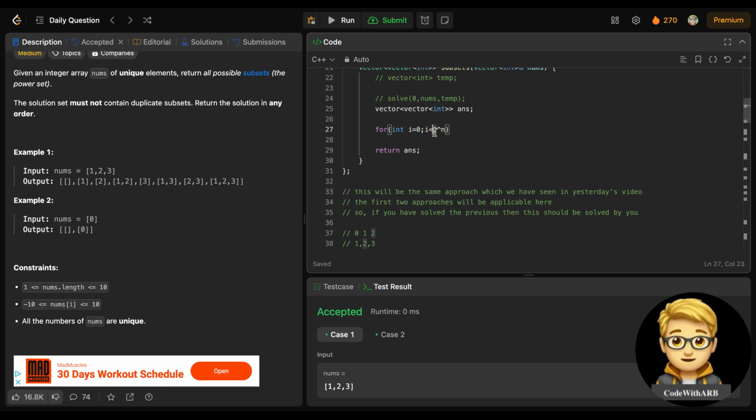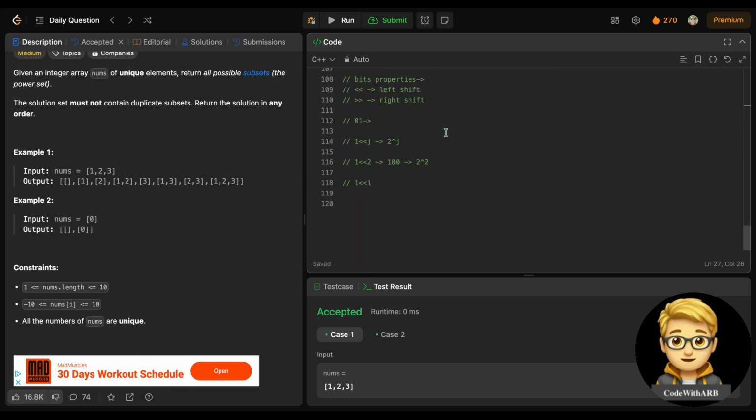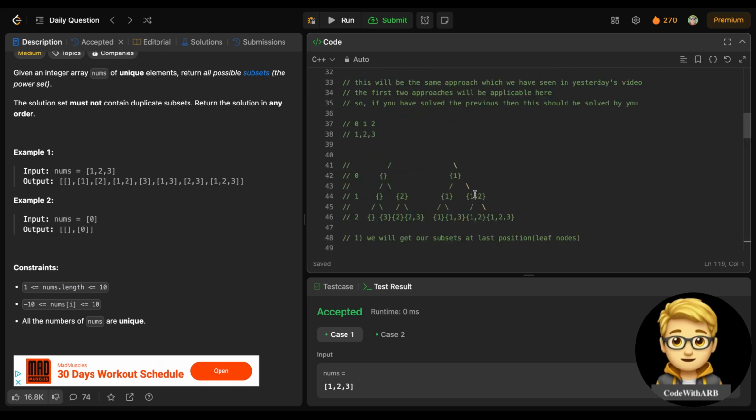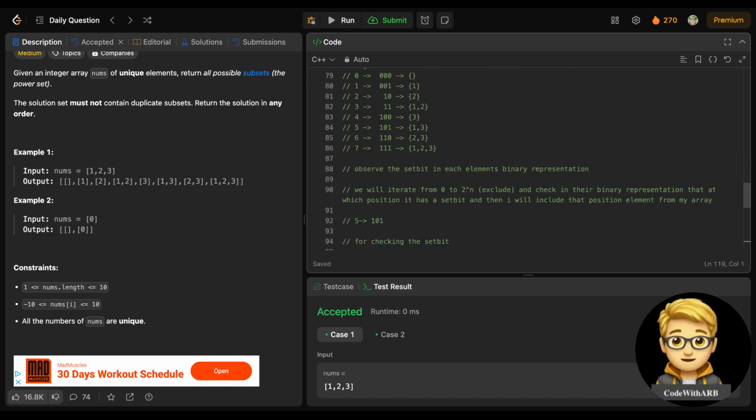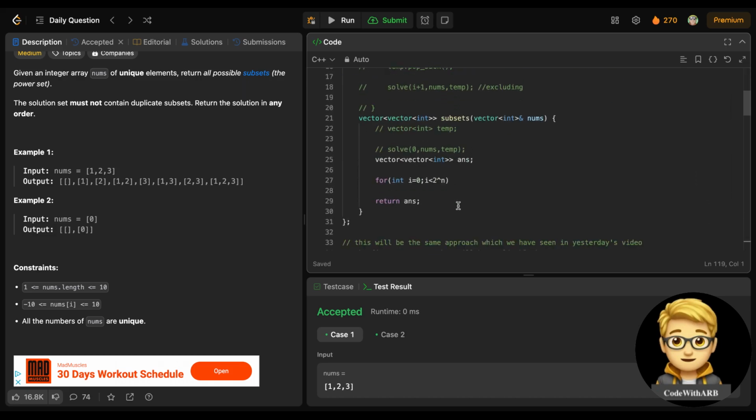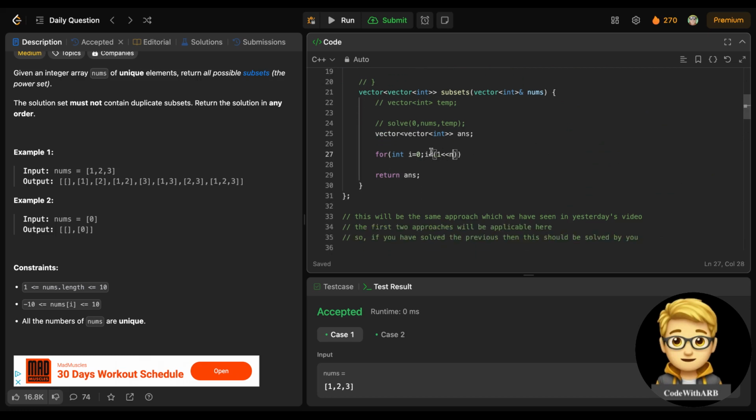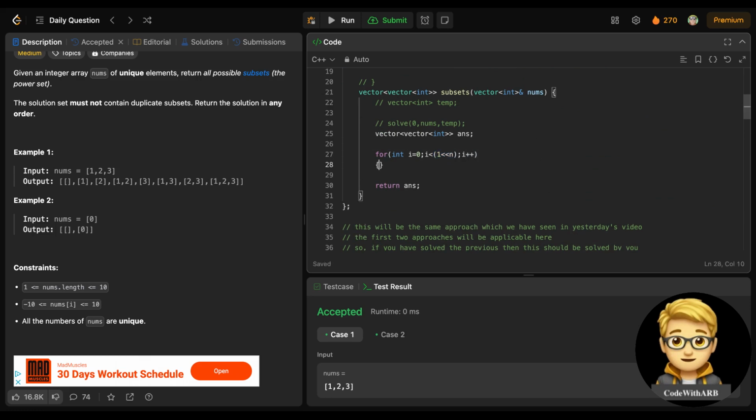So either you type this, or I have just told you that this is similar to this and this is similar to this. So I can write one less, or I can also write one less than a, right. I can also write this as i plus plus. So now this is the value which we got, so this is the ith element.